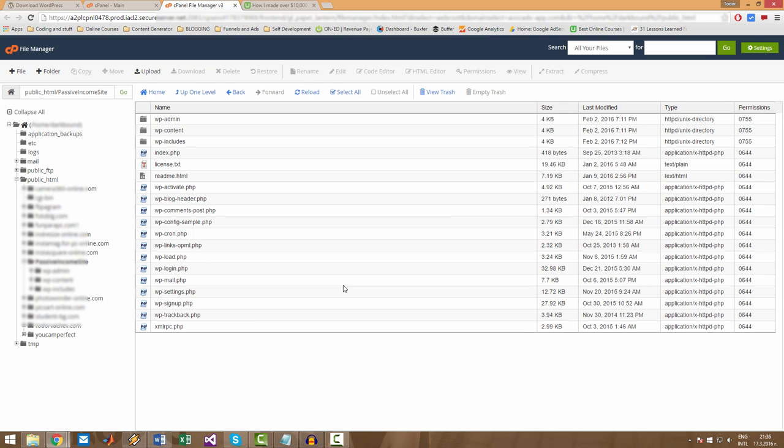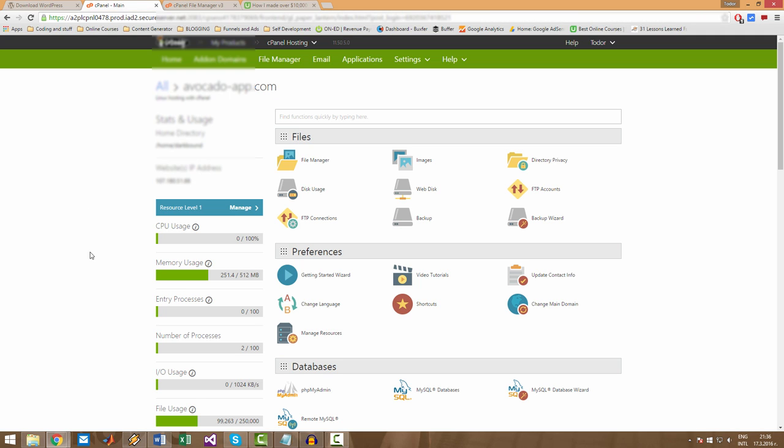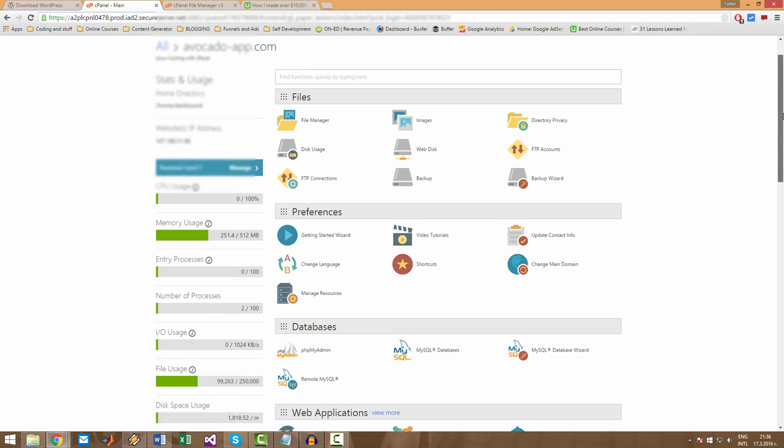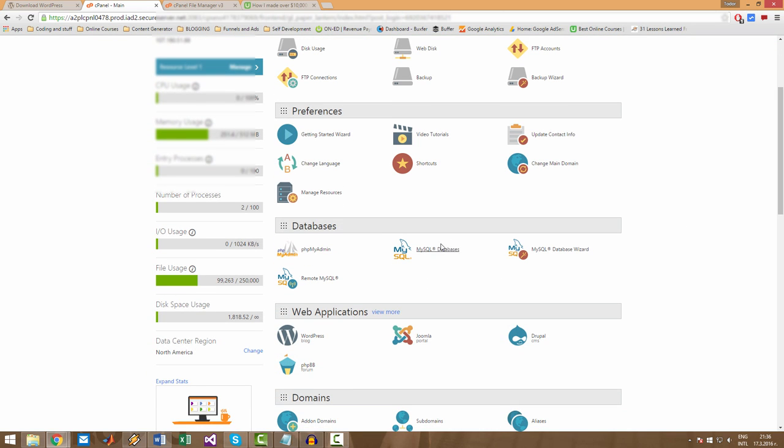Before we start with the main installation of WordPress, first we have to create a database for it and a database user. In order to do this, go back to your control panel and look for MySQL databases. You should have something similar to this. The control panels are pretty much the same everywhere, they just have a slightly different interface, but the applications within them are pretty much the same. So go inside the MySQL databases,